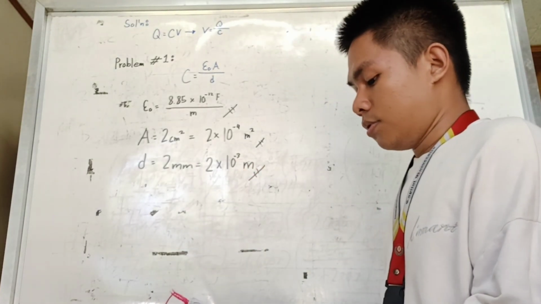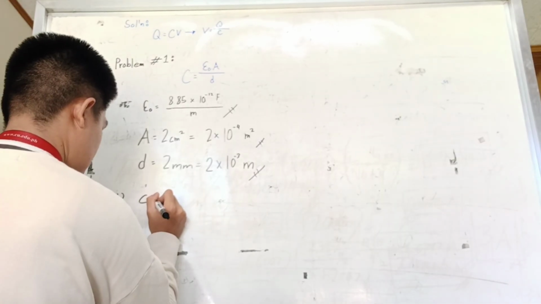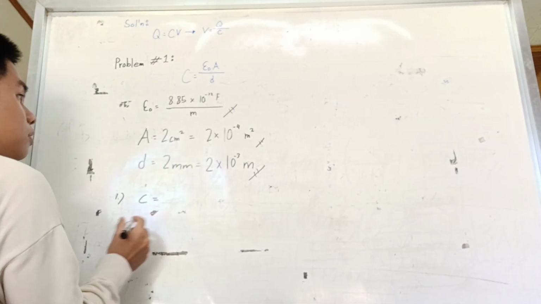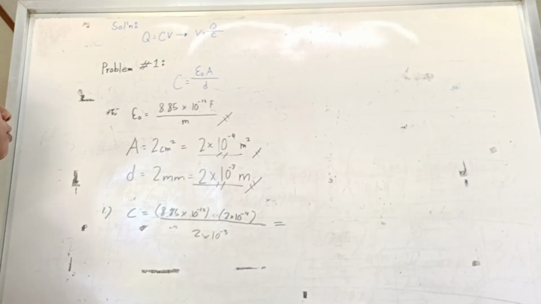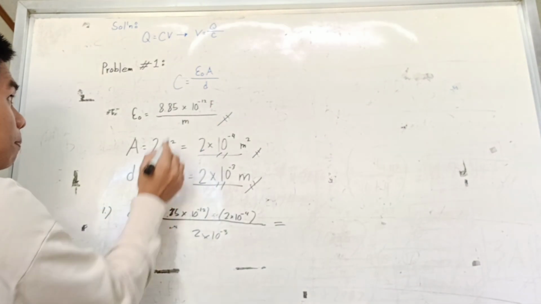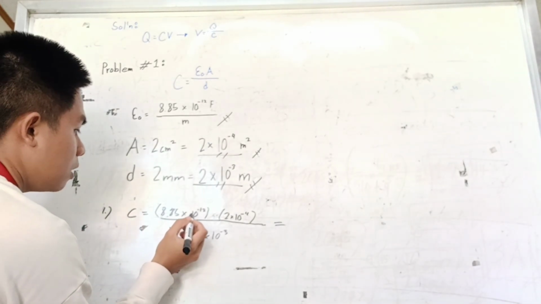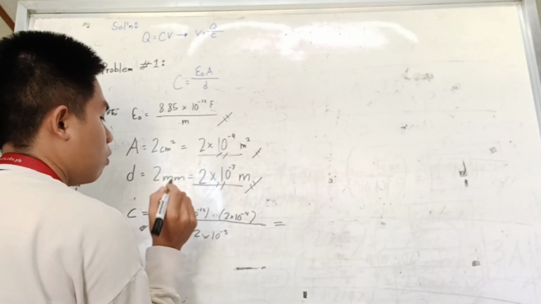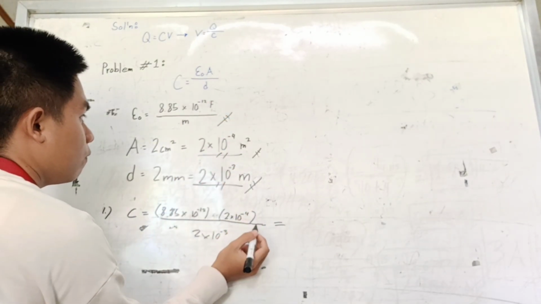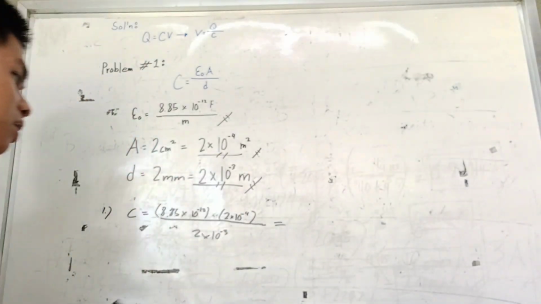Now, we need to solve for C for problem number 1. C equals, substituting the given into our formula, epsilon, which is 8.85 times 10 to the negative 12 power, times the area, which is 2 times 10 to the negative 4 power, over 2 times 10 to the negative 3 power, which is our distance. Calculate it so we can get